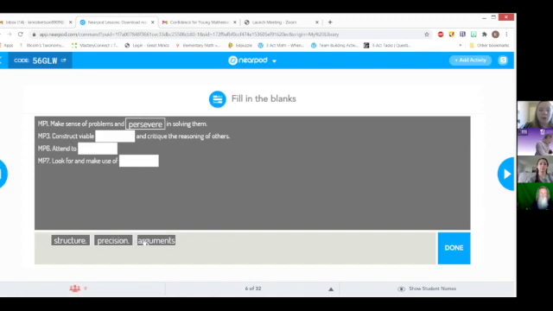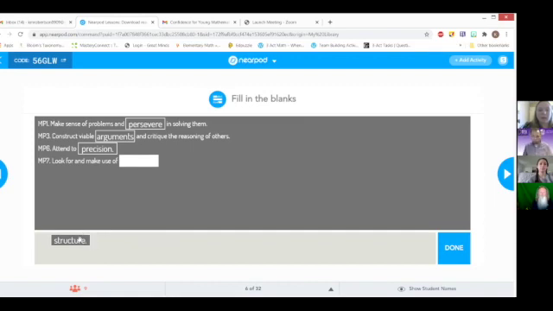Construct viable arguments and critique the reasoning of others. Being able to have productive discourse in the classroom goes with that mathematical practice, and there are great opportunities for our students to help one another through those arguments. Attend to precision. We want students to be precise with their modeling, with their equations, with their numbers system.